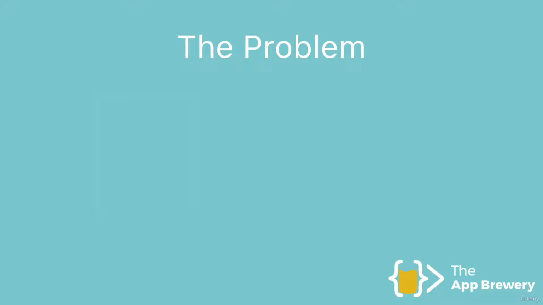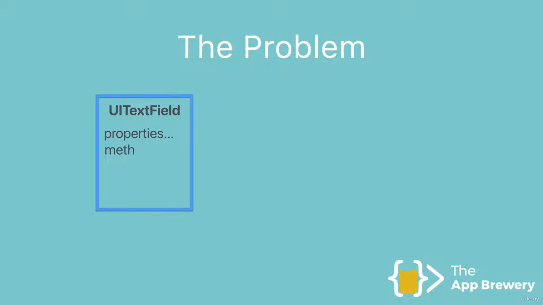Well, let's say that you are Apple and you're trying to design and create some template code, say for a UI text field, so that anybody who comes along and wants to build an iOS app doesn't have to define from scratch all of the properties and methods for a UI text field, because that would take forever. Imagine having to define how a text field would look, whether it should have rounded corners, what should happen when a user taps in it, detecting user touch, all sorts of things that would end up taking you years to create a single iOS app. So let's say that Apple creates this UI text field class as a template for you to be able to